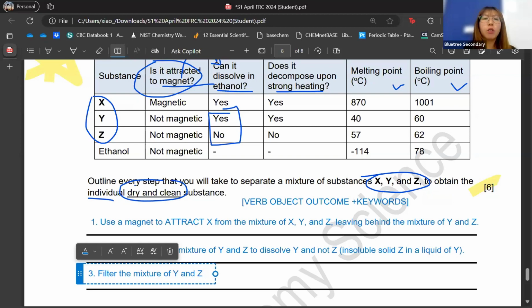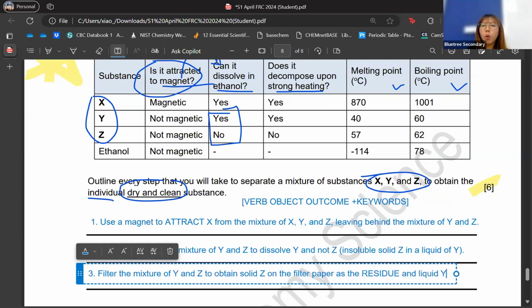Then what are you trying to obtain? What is your outcome? To obtain. So remember, the insoluble solid Z will be collected on the filter paper, which is what we have covered earlier on. And here comes the keyword for filtration. When we collect the solid on the filter paper, the name for this kind of solid will be what we call residue. So you filter the mixture of Y and Z to obtain solid Z on the filter paper as the residue,